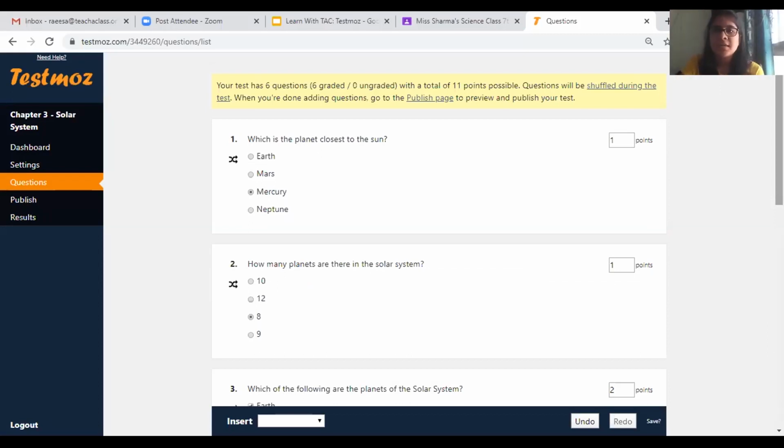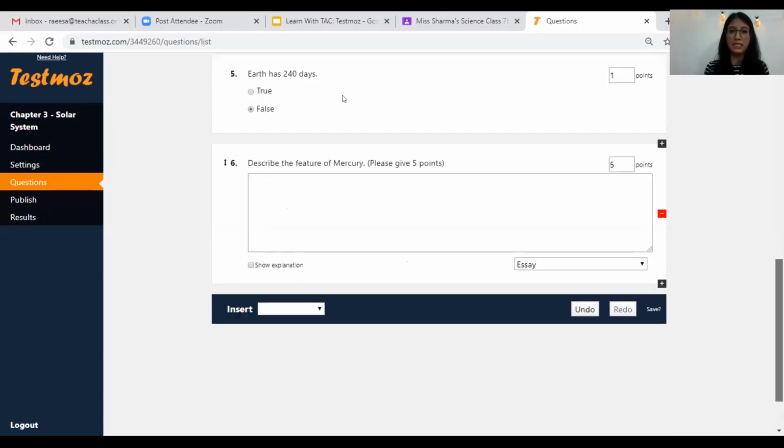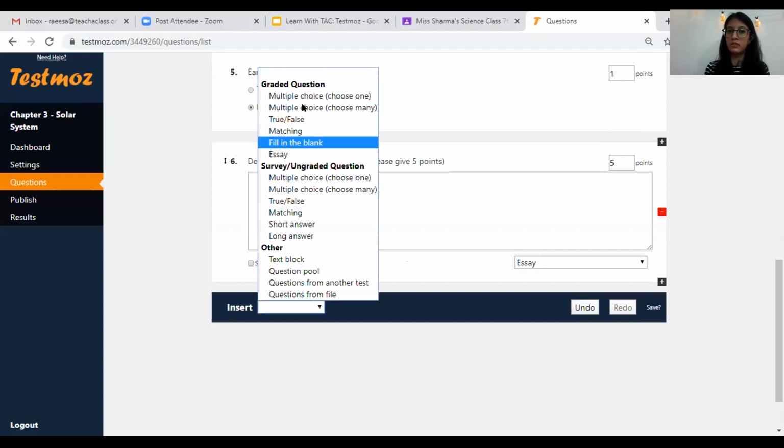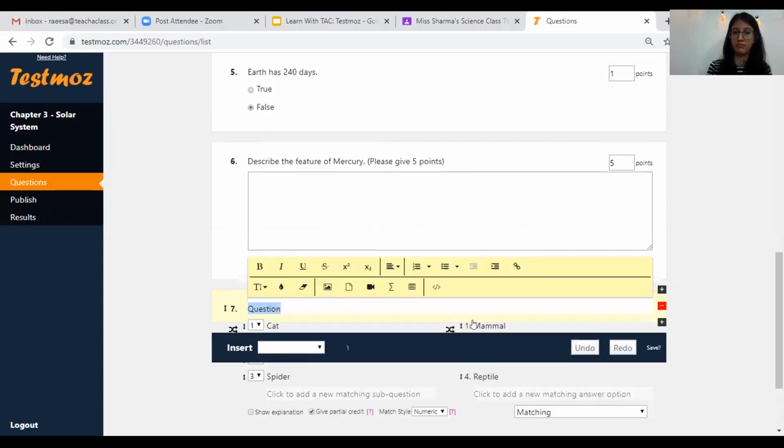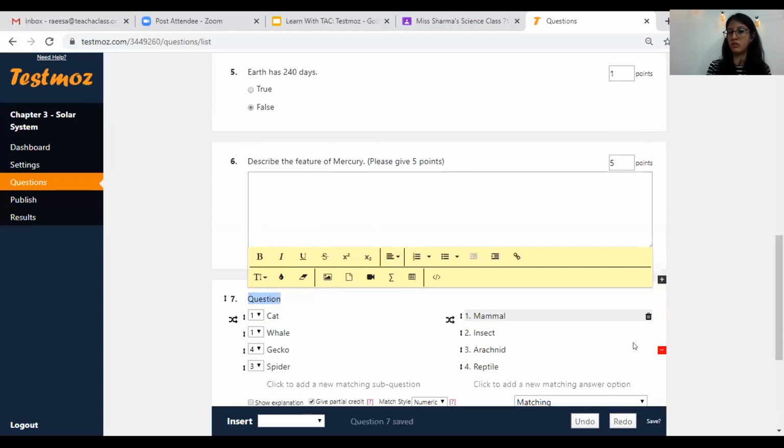So, Raisa, there are a couple of questions that have come up. One is that, is the matching question type for the paid customers or is it free? It is there for the free customers. So basically all of these question types over here, 1, 2, 3, 4, 5, 6, are free. So the matching is also a free question. But right now I'm not using this for my test. So I'll simply delete it.